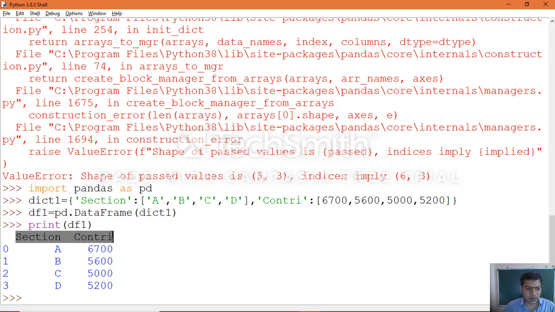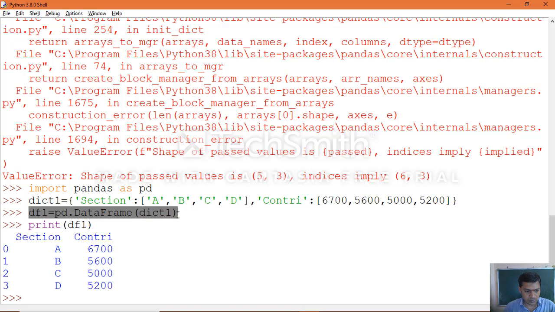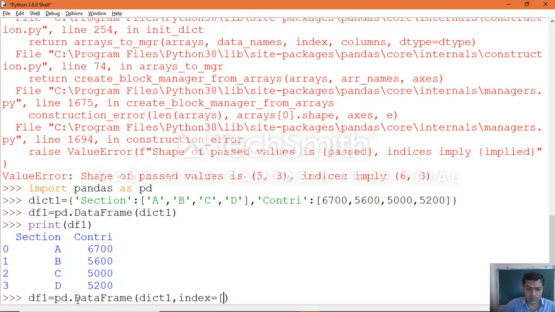Suppose you specify your own index. Okay, so how will it be? Let's see. You can specify the index: index equal to 10, comma, 20, comma, 30, comma, 40.